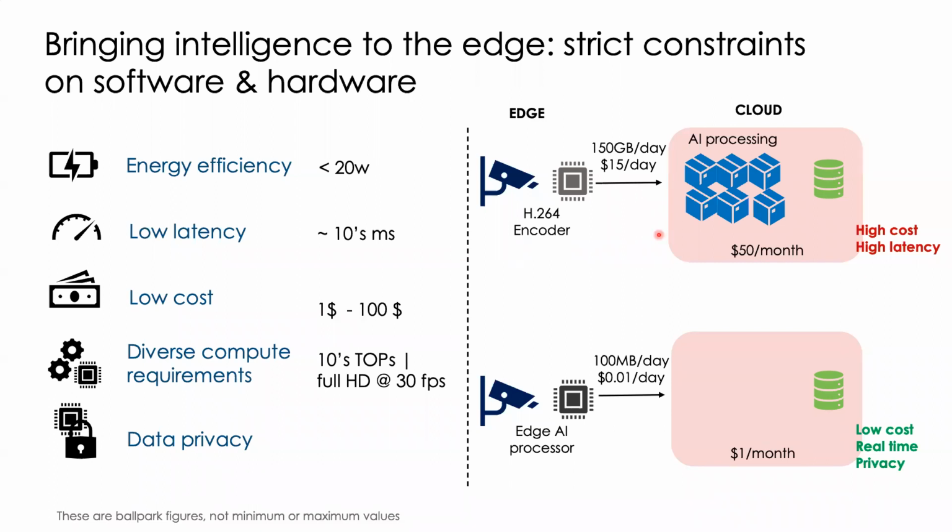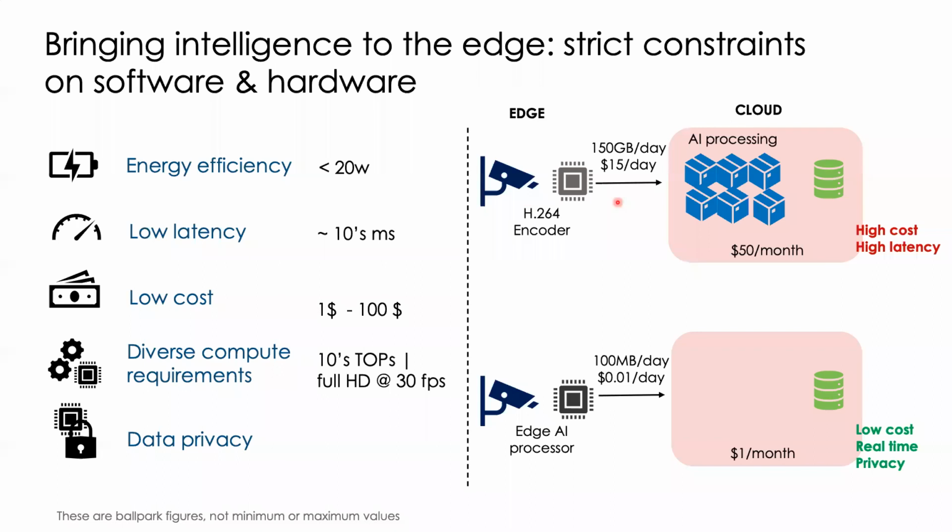So let me try to break down the cost analysis with a simple illustration here. For example, let's say you have a single camera that is recording some images, let's say a surveillance camera. You typically do some kind of encoding directly on this camera, but you gather all the data and send it off to the cloud, both for AI processing as well as memory. In this case, you are not only having to deal with the bandwidth and latency constraints of sending gigabytes of data, and in some cases even petabytes of data, for example, in the case of an autonomous vehicle, but you also have to pay an enormous cost for AI processing on the cloud.